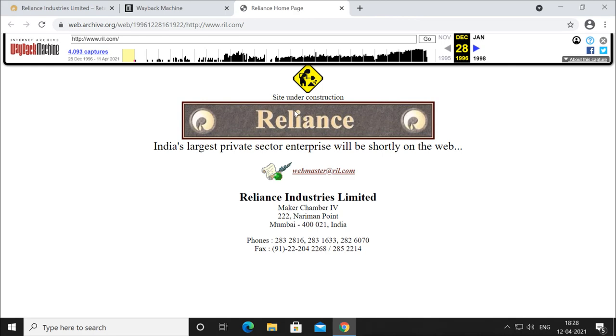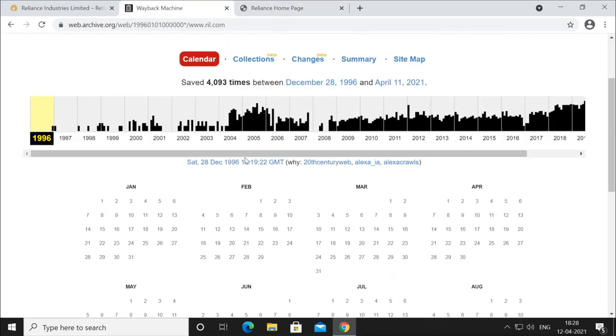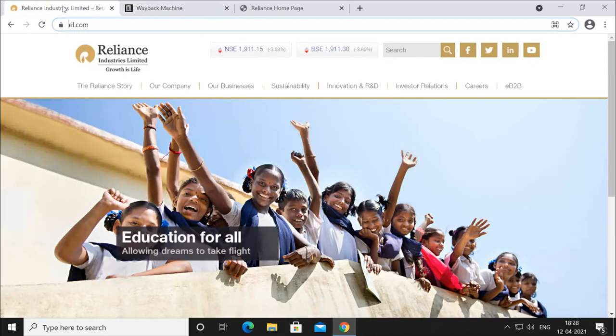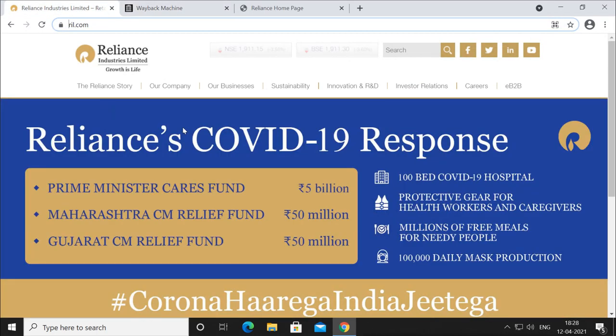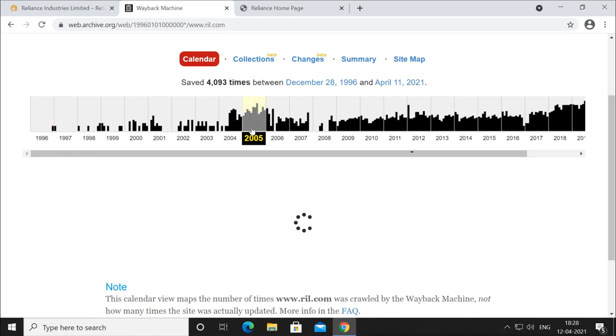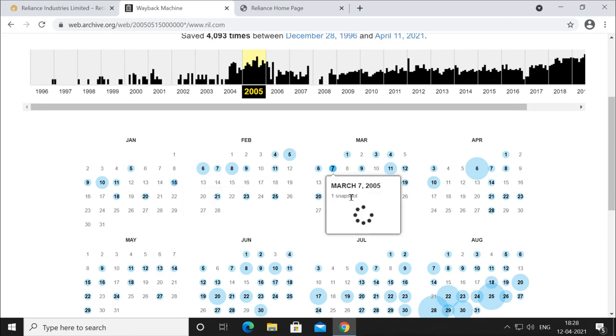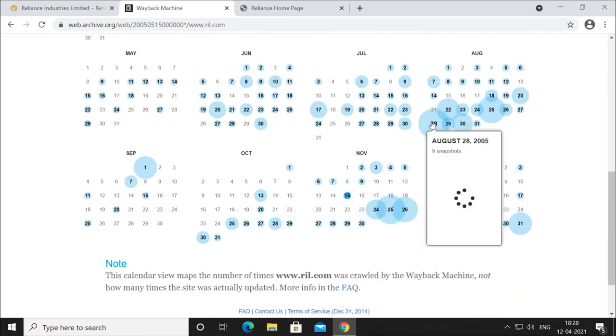You can go to any time, like I will go to this, and now you see the site looks like this. If I want to go to, suppose, 2000, you can see which year they are doing more changes. Let's say I'll go to 2005. So you can see how many changes they are doing, and how many changes they are doing in a single day.